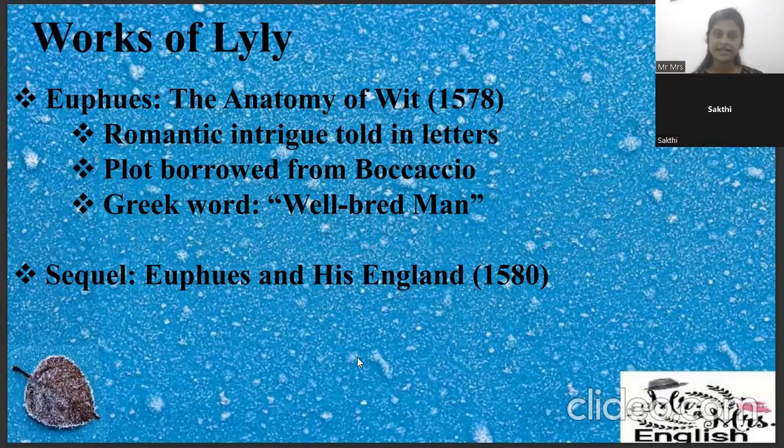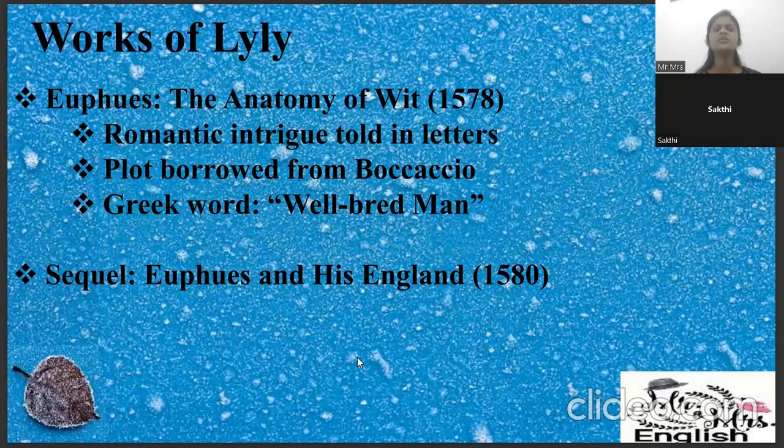Euphuism is a writing style with so many ornamented rhetorical devices, an artificial, sophisticated style of writing. This sophisticated, artificial, ornamented style of writing is called Euphuism. And this Euphues, The Anatomy of Wit, is such a work. The style is like that, which was published in